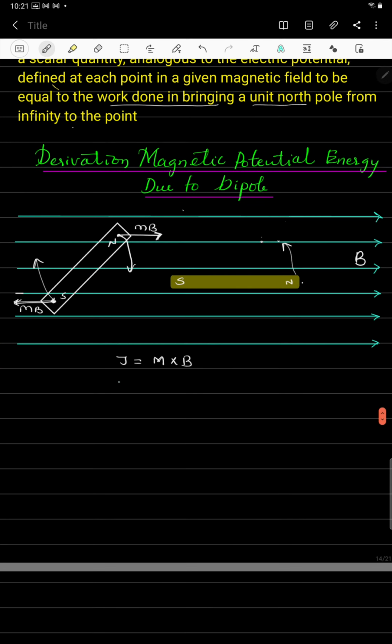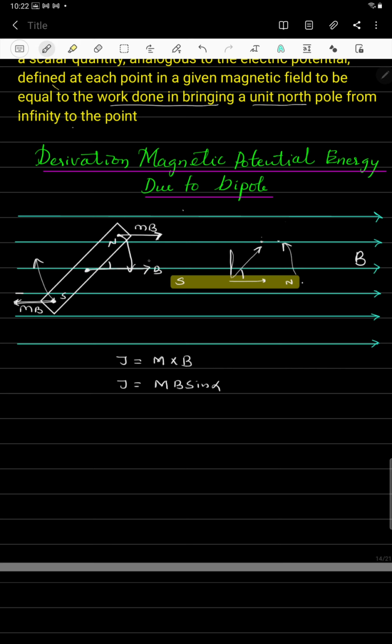So here we can write the cross product of A cross B, which gives the magnetic moment into B into sine of alpha. What I am doing here is, this is the center of that magnetic bar, and this gives the direction of the magnetic field from this point to this point, which produces the torque we are going to calculate.